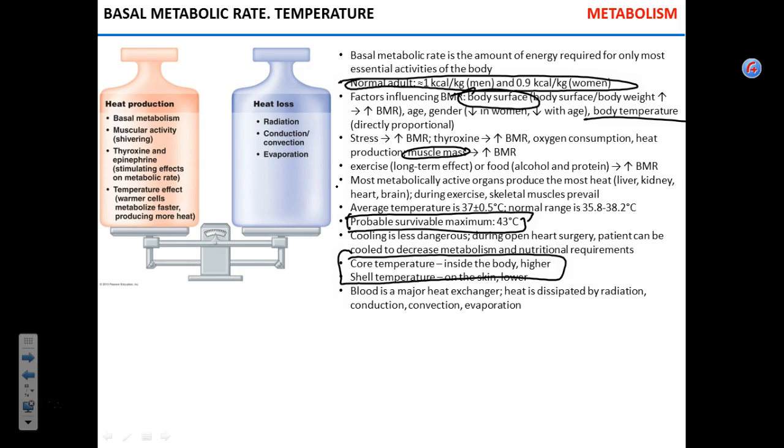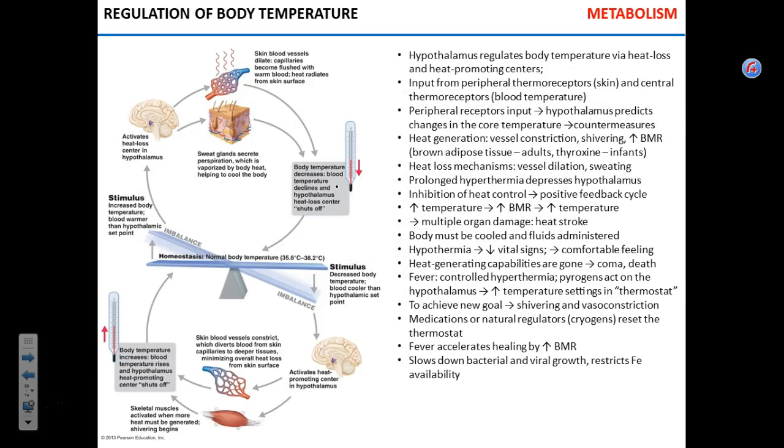and then they recover. There were 2 patients in the United States that were treated against rabies and recovered. By recovered, I mean they didn't die. They still experienced stroke-like symptoms afterwards, but at least they survived. Okay? So during open heart surgery, it is used. Generally, you can revive patients who were cooled down.